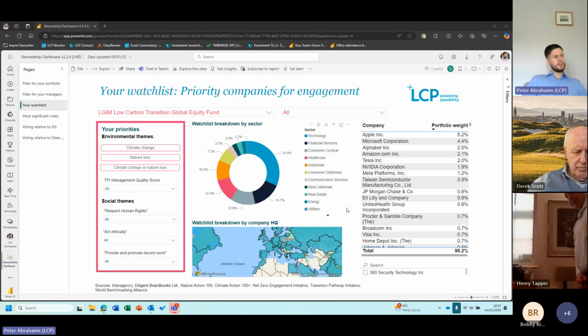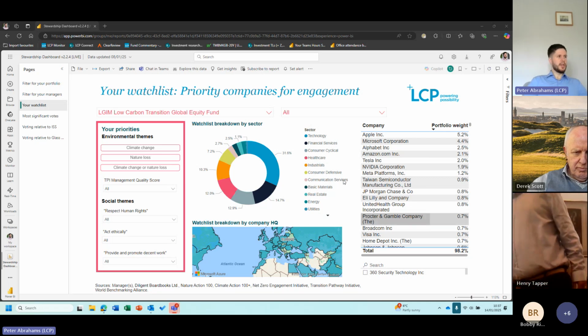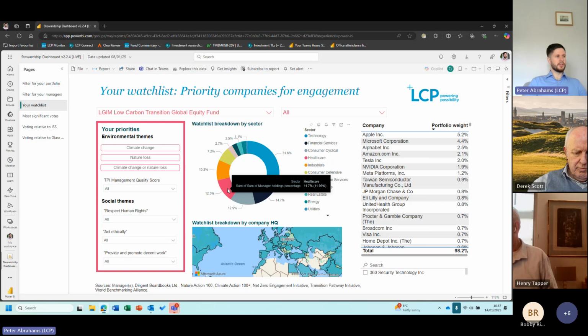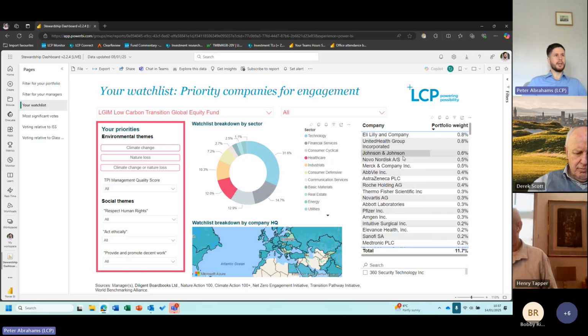So what this tool does, and on this front page, we're able to see a breakdown of the fund. The pie chart in the middle here is just the sectoral breakdown of that product: what percentage of the fund is invested in companies within each sector. If I click on each segment of this pie, for example, if I choose healthcare, this table on the right-hand side, which shows the summary of the weightings to each individual stock, then adjusts to show me companies